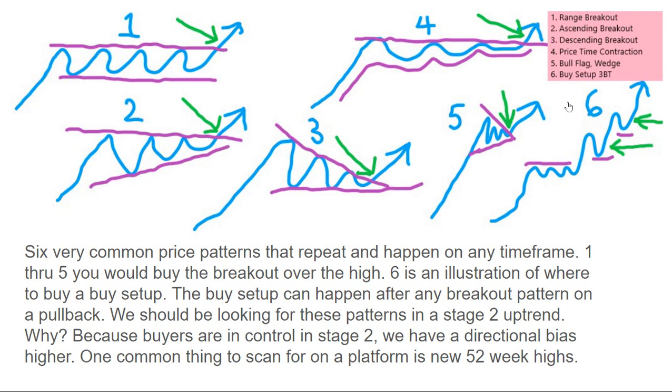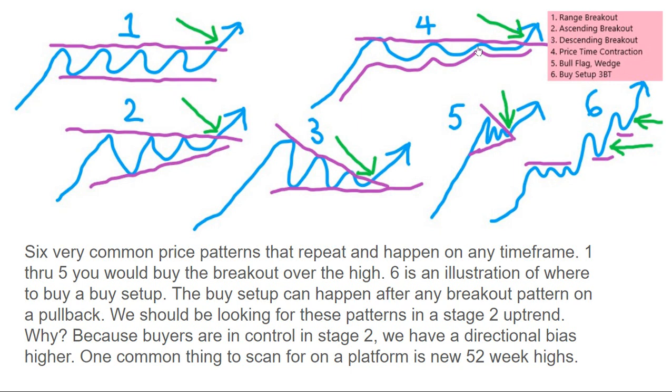We should be looking for these patterns in a stage 2 uptrend. Why? Because buyers are in control in stage 2. We have a directional bias higher. One common thing to scan for on a platform is to look for new stocks with new 52-week highs. So that's a nice area to start. And then I just numbered them,